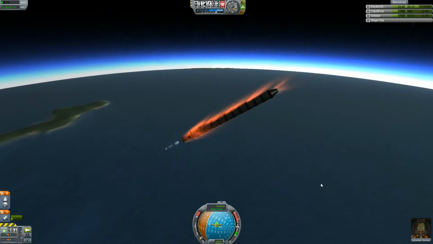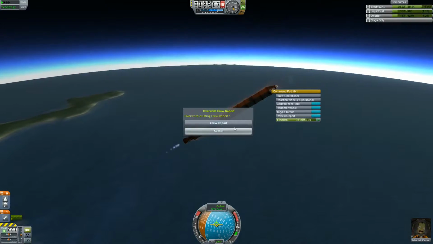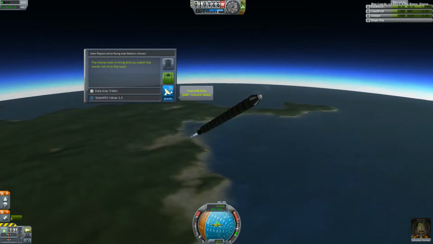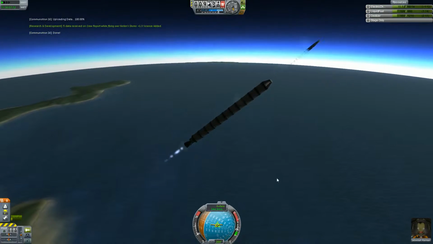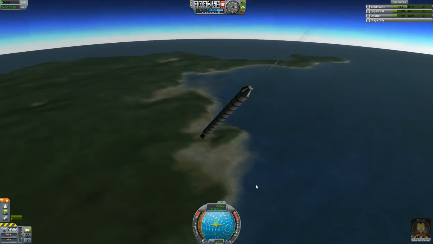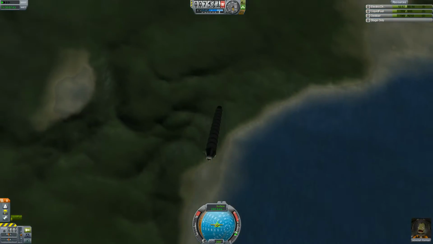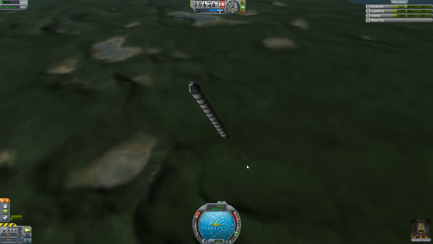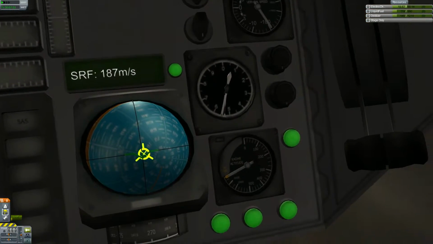So let's do this. Transmit. And we'll let that chute go. So that's probably pretty good right there for now. But we will want to fire it up when we start approaching 500 meters. So actually, let's go to the internal view. And if we look right there,